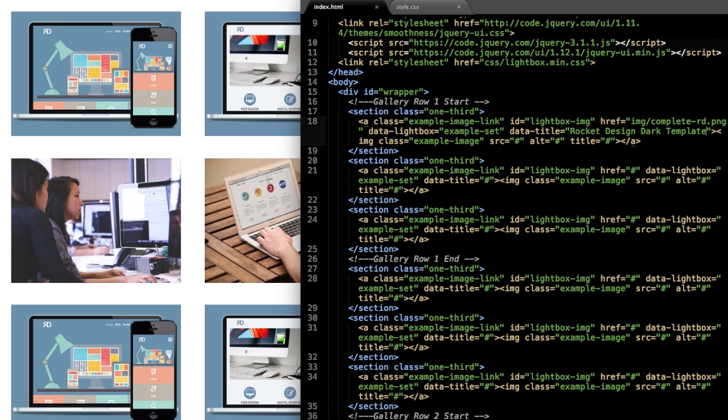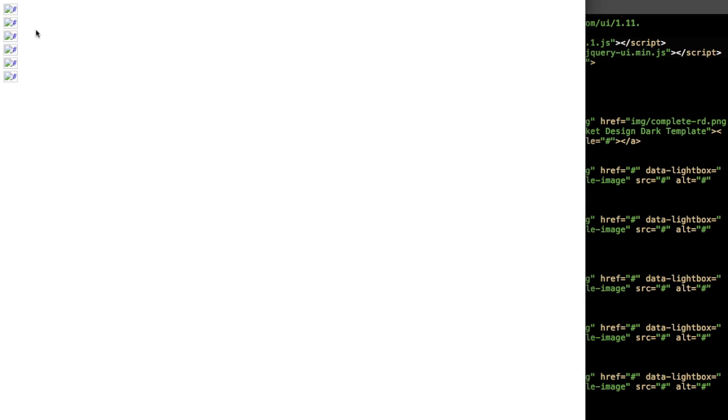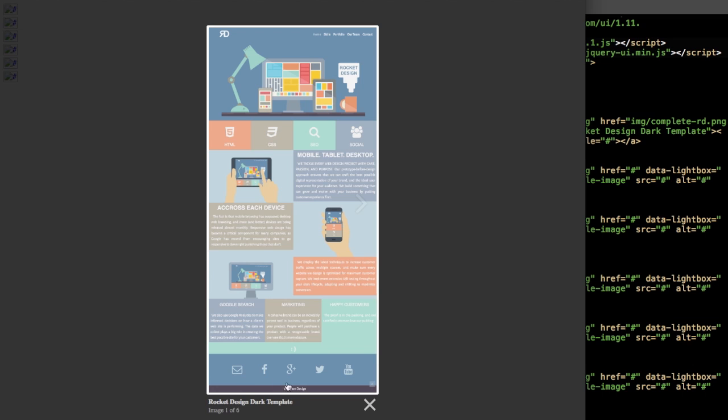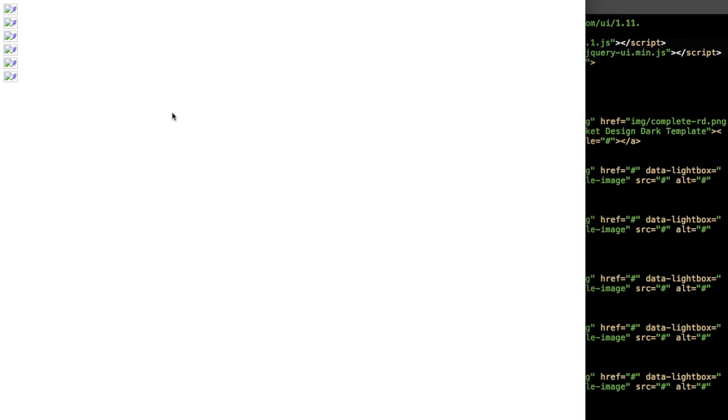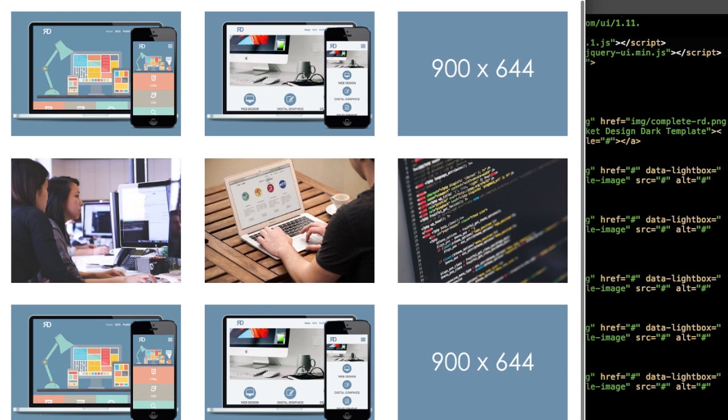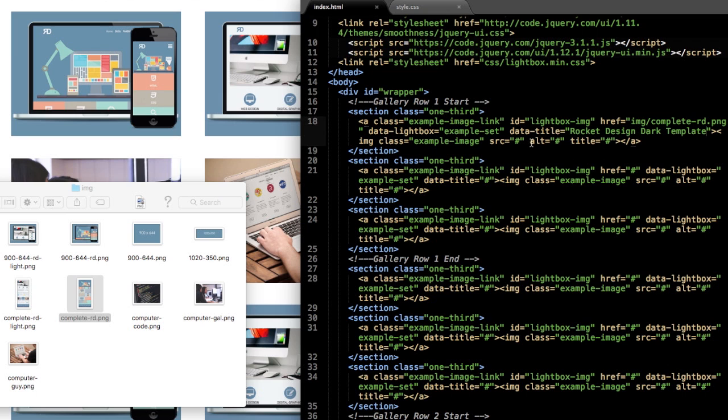Okay, and then we have our next source. So if we refresh right now, the one that we click on won't display, but the one that pops up as well as the title down here does display. So let's go ahead and just add this image that we hover over and click on now. So we'll just want to reference the image folder, so write img/, and then the file name is 900-644-rd.png,